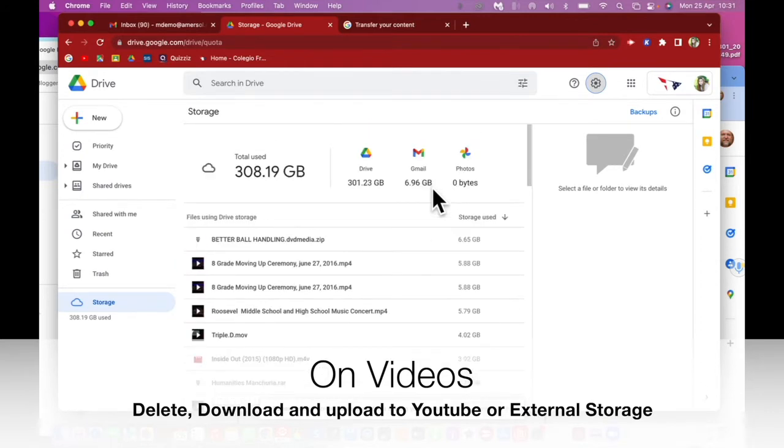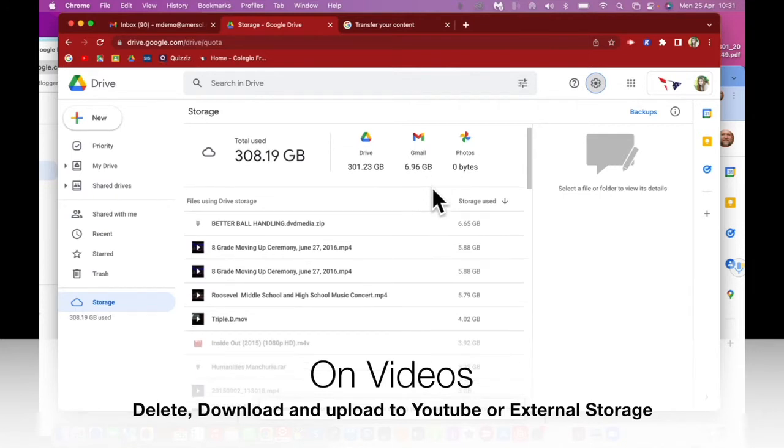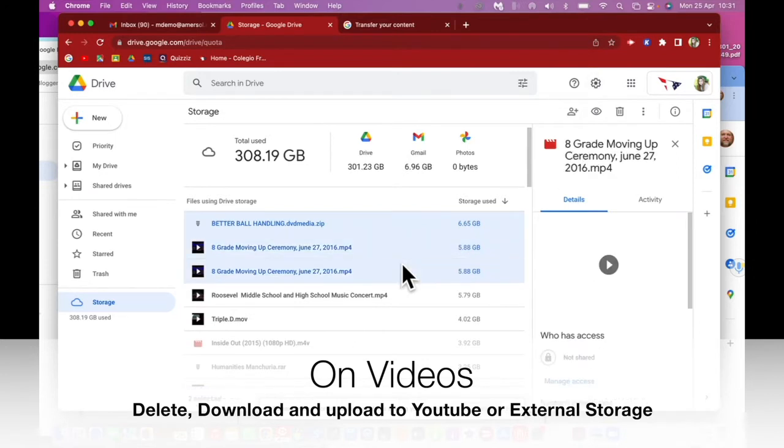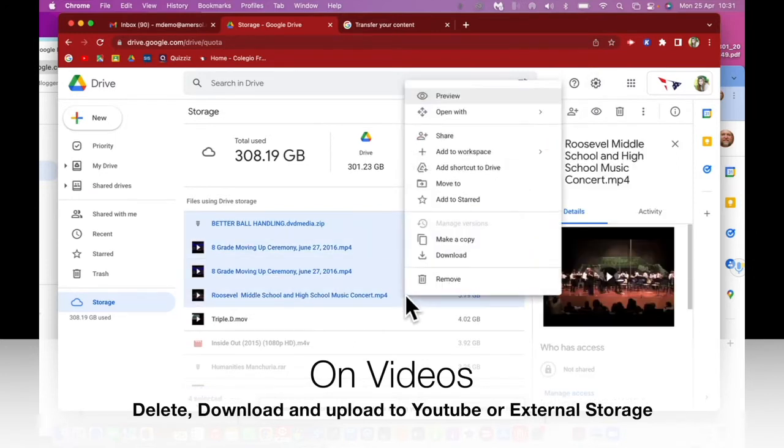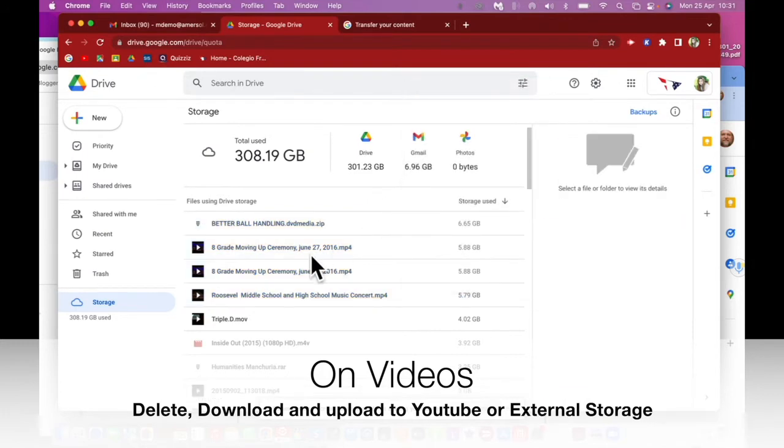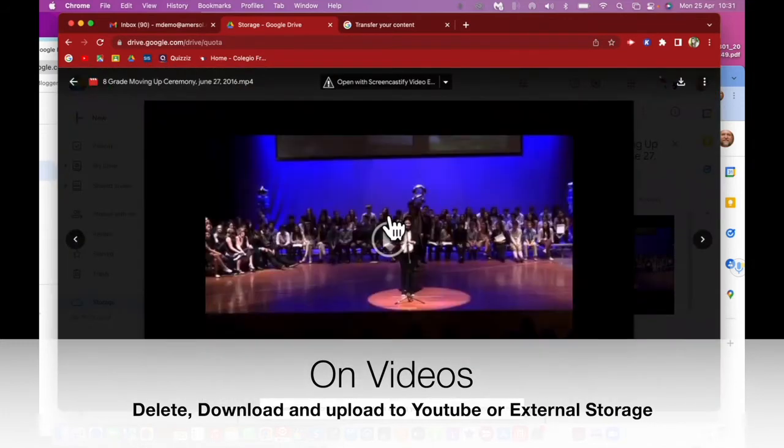All these things are taking up space, but it might be a problem for me to transfer this over to my personal account. So the best thing you can do is, if you look at these and say, well, I don't need any of these, you can select multiple files and delete them all, moving them to the trash. Another thing you can do is download these. So if I want to keep, for example, this one here from the moving up ceremony, what I can do is